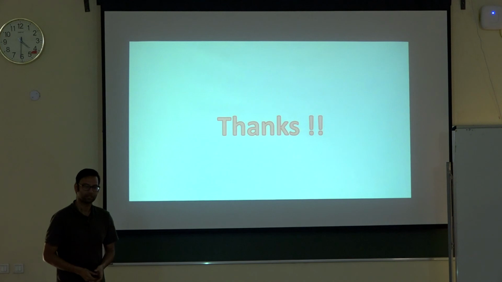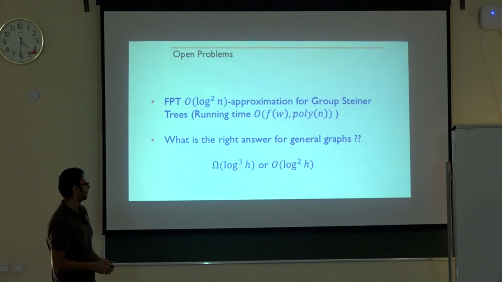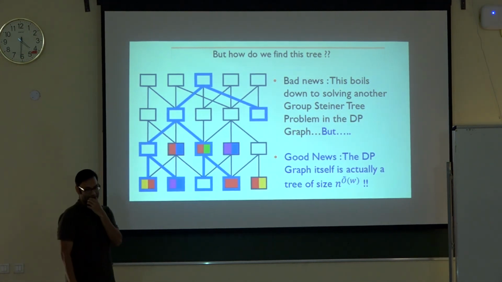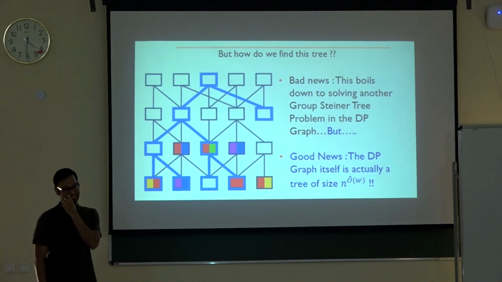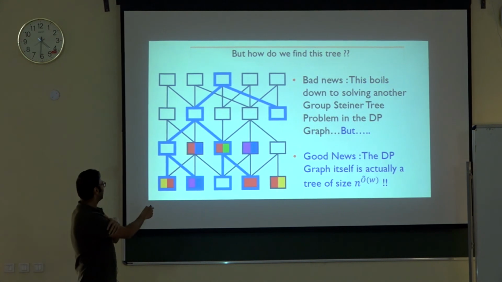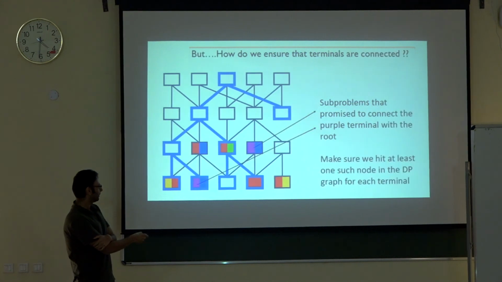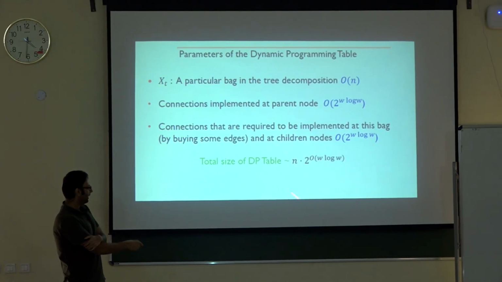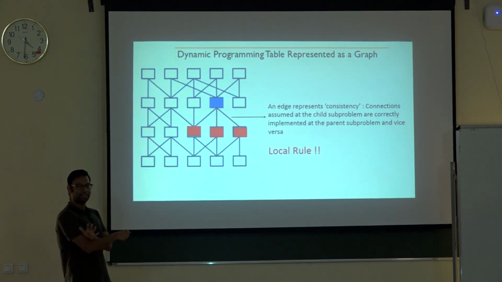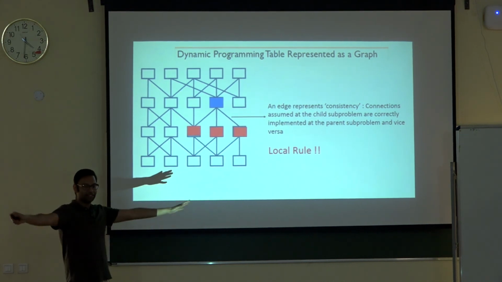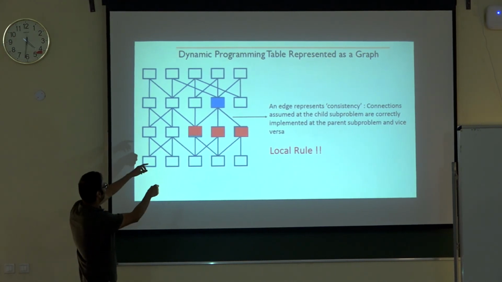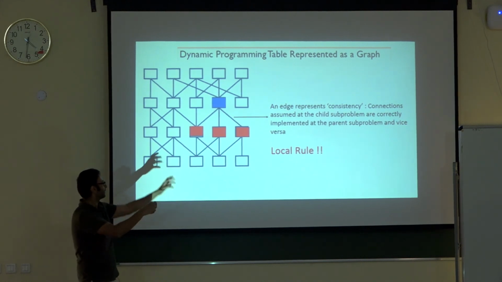Questions? Yes. Think about this slide when you talked about the size of the tree. Do the nodes include all these states of the tree? Yes. Then why is it not 2 bar w log w into n? No, because remember, you are asking why isn't this the size of my tree? This is the size of this graph, but this graph is not a tree. This is something like a DAG. If I want to unfold it into a tree, then I have to make several copies of each node. For example, whenever you have nodes coming from